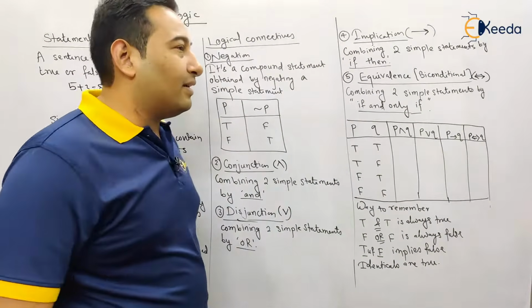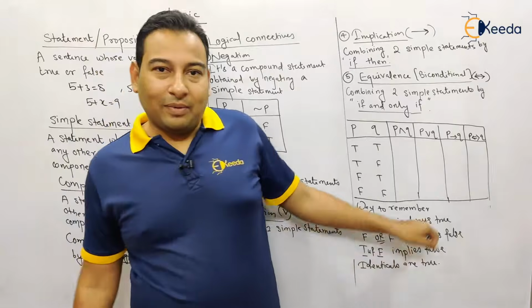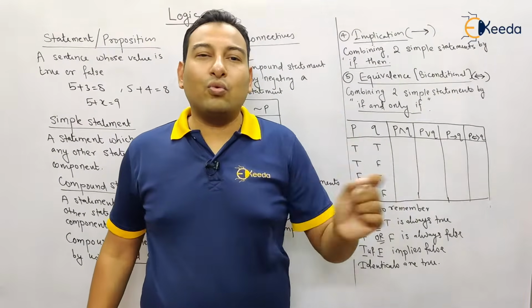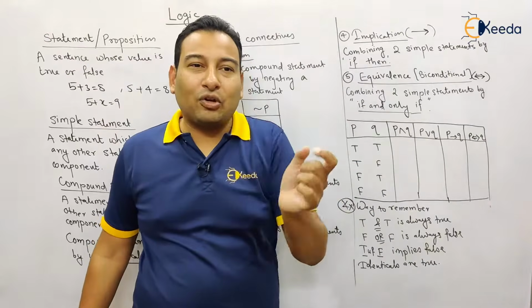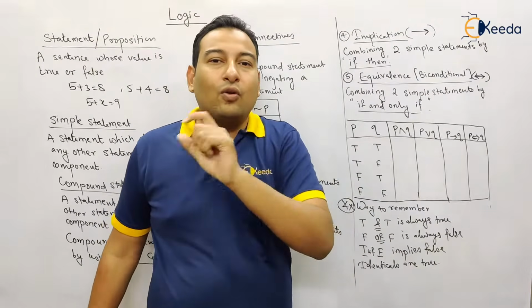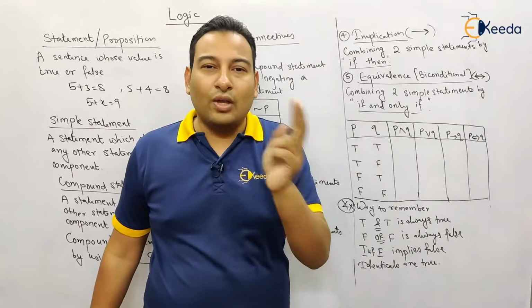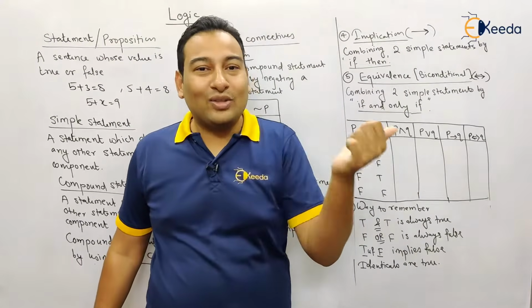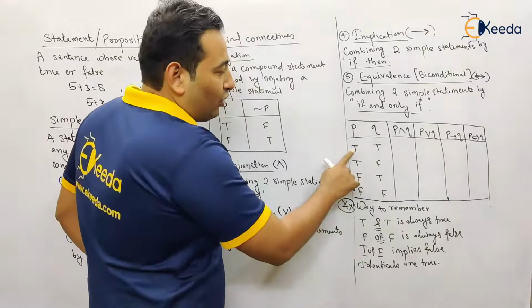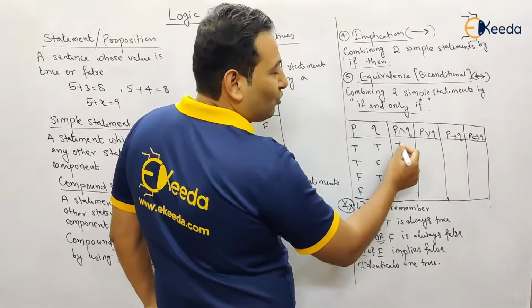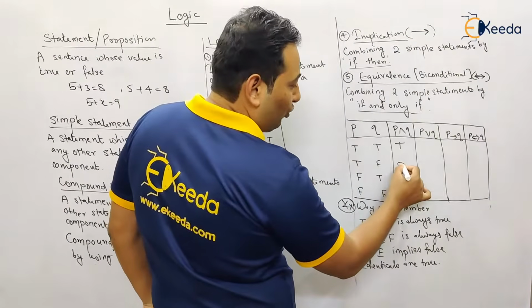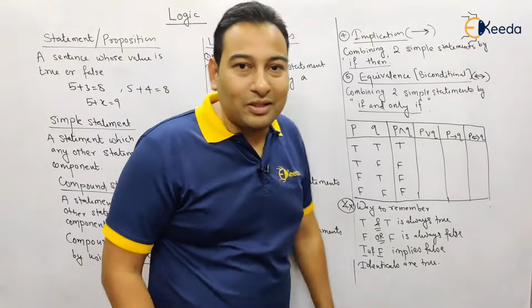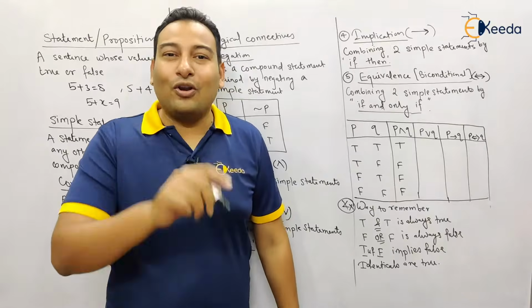Now first of all, and. You need to remember the statement. I have written here how to remember it. True and true is always true. Remember it in this particular format and you will never forget it in your life. That means both are true, the result is true. See here. True and true is always true. Rest everything is false. Story over. Is this way of remembering clear?